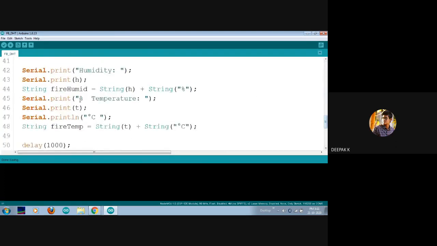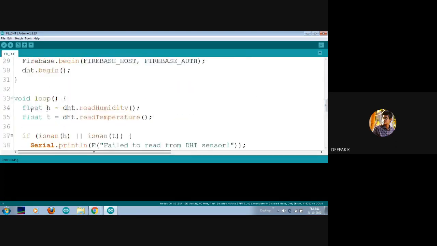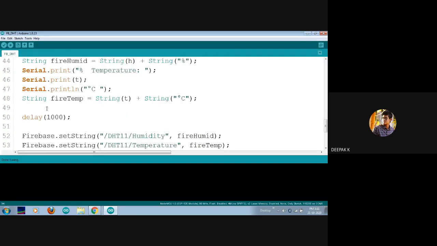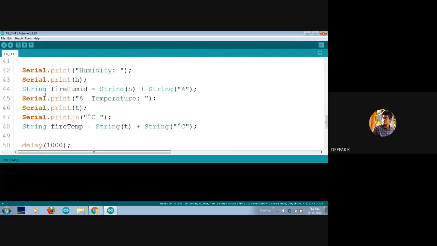We are going to send our temperature and humidity in the form of float. We have received it in the form of float from our sensor, and before sending it into our cloud, we are going to change it to string format. Humidity will be converted as a string of humidity with the percentage symbol added, and that will be stored in the Firebase humid keyword.